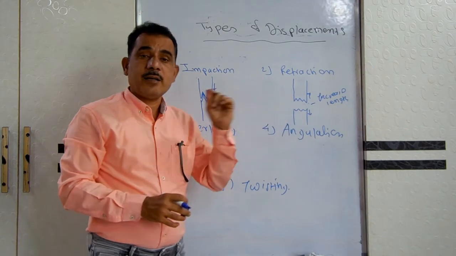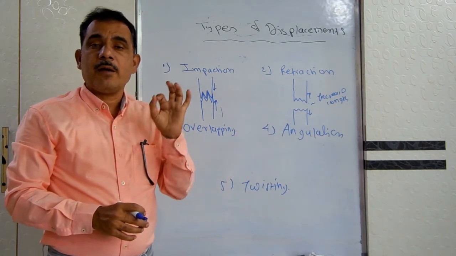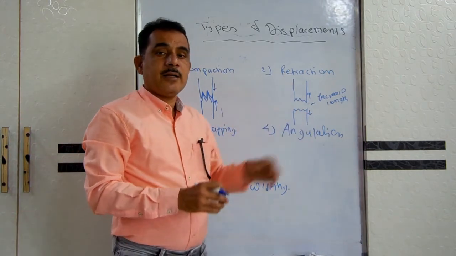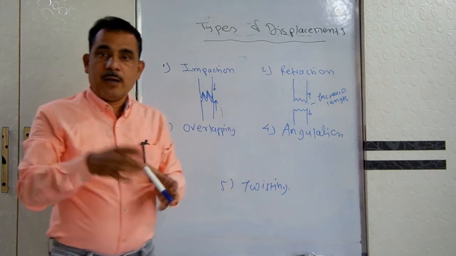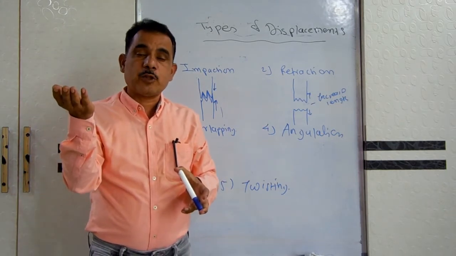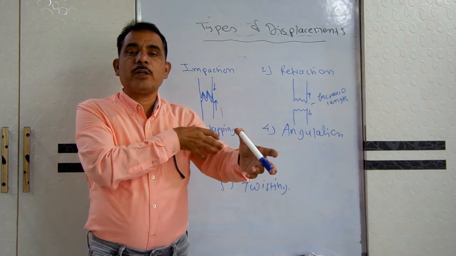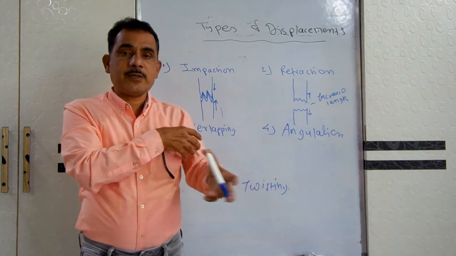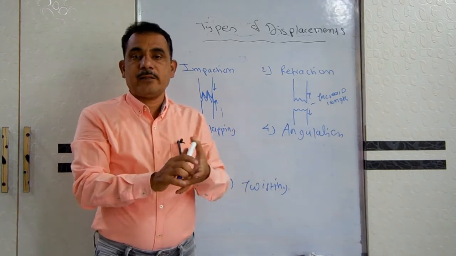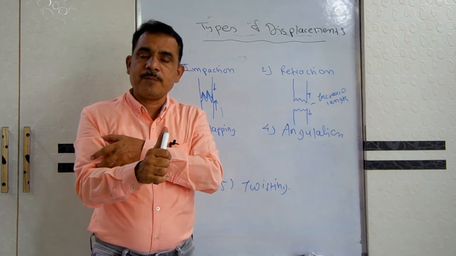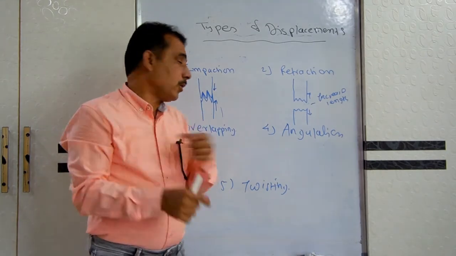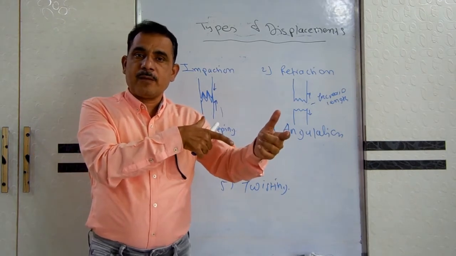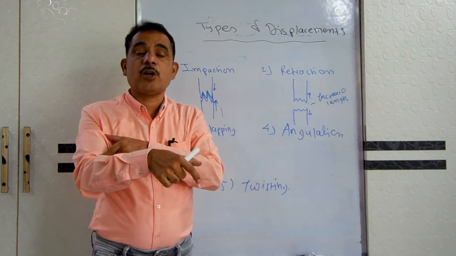And here movements are difficult. Movements will be painful, isn't it? But the main deformity is lengthening of the part. Here the affected part should be compared with the non-affected part. Suppose there is a fracture of the humerus of the left arm. In case of impaction, if we measure the length of this arm and compare it with the unaffected right arm, definitely there is no lengthening here. And in case of retraction, there is a lengthening of the left arm as compared to the non-affected arm.